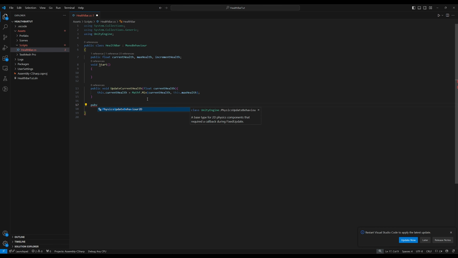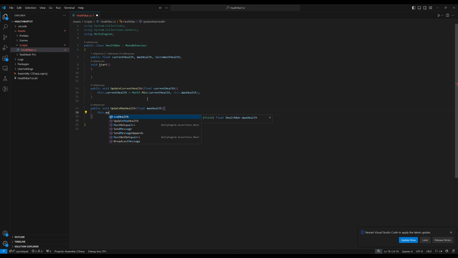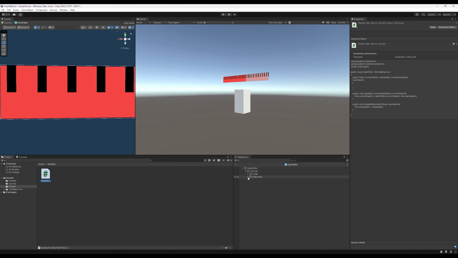Let's make a similar function to update our max health. It takes in a float argument for our new max health. Again, use this dot to refer to the max health belonging to the script and set it to the new max health. Now back in our indicators game object, we have 30 images total and I want each increment to